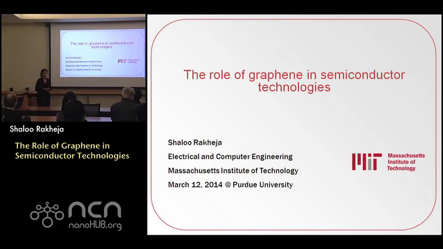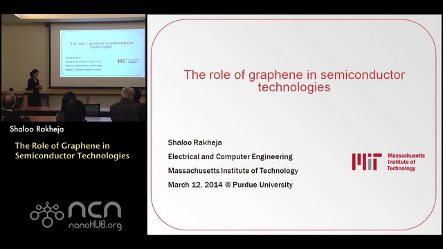When I first joined grad school, I started working in electrothermal modeling of carbon nanotubes. And then graphene was a fairly new material at the time, and people were still discovering its exotic physical properties. And we were struggling a lot at the time with the interconnect problem. Not that the problem is solved now, but I started looking at the potential of graphene for interconnect applications. And the more I worked in graphene, the more I realized that it had the potential for a lot of different kinds of applications. But one of the things that people don't realize is that graphene technology actually opened doors to a lot of novel 2D technologies that can be put to use for future applications.